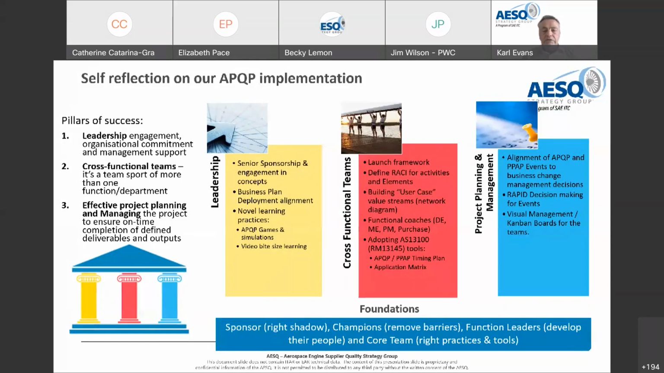There's software known as Kanbanize and stuff. And that visualization really helps in terms of understanding progress and also where challenges come up, to help the team out. And really the foundation we've been trying to put in place is having clear sponsors who give the right shadow in terms of what should be taking place, champions who should be thinking about removing barriers, functional leads who should be thinking about developing their people, and then core team members